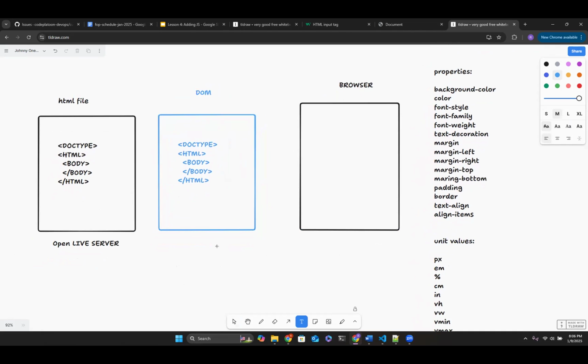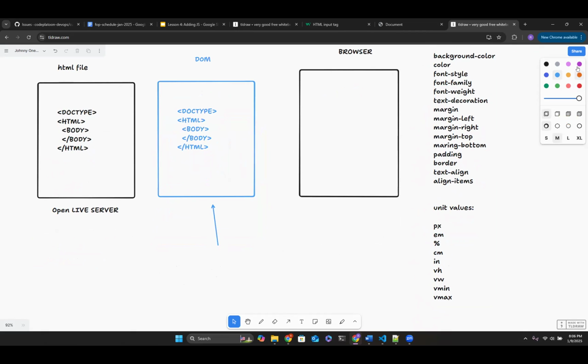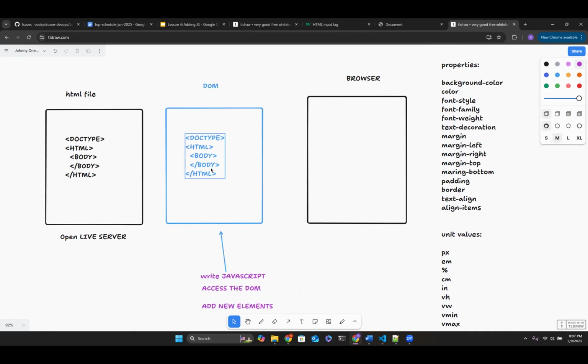What we are going to do right now is write some code that's going to access the DOM and add new elements, right? So your JavaScript file is going to send a command to this DOM that you want to do something.